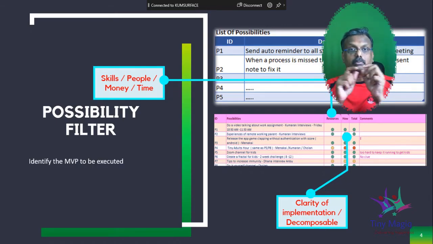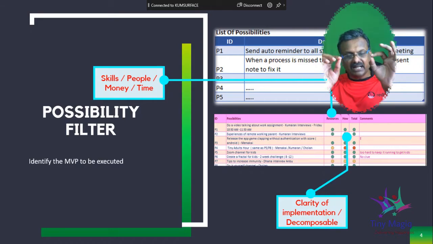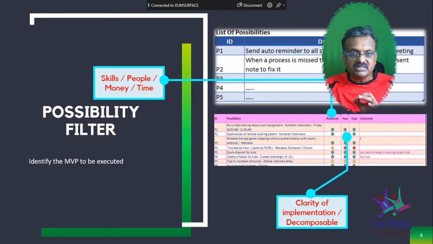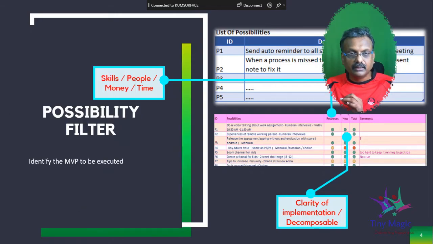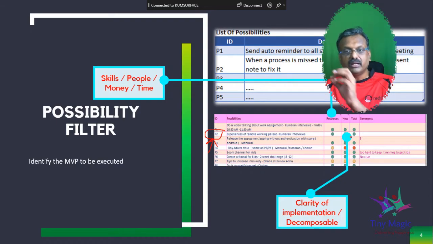So we're talking about a possibility here, not the solution to the entire trim tab. That specific possibility. So for example, I'm going to take a possibility P2, right here, as I'm pointing out. For P2, do I have the resources, which is green, and do I know how to do it?